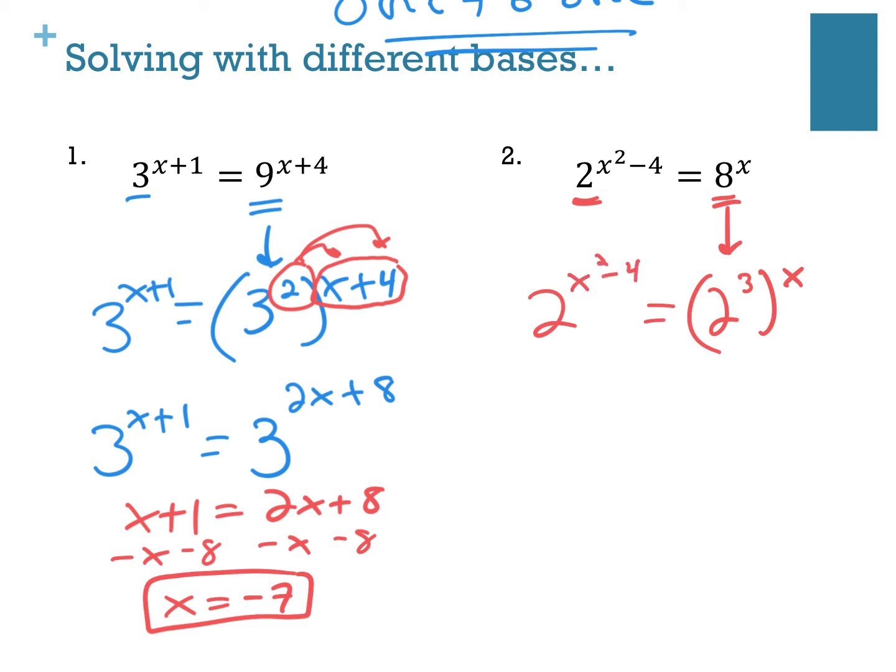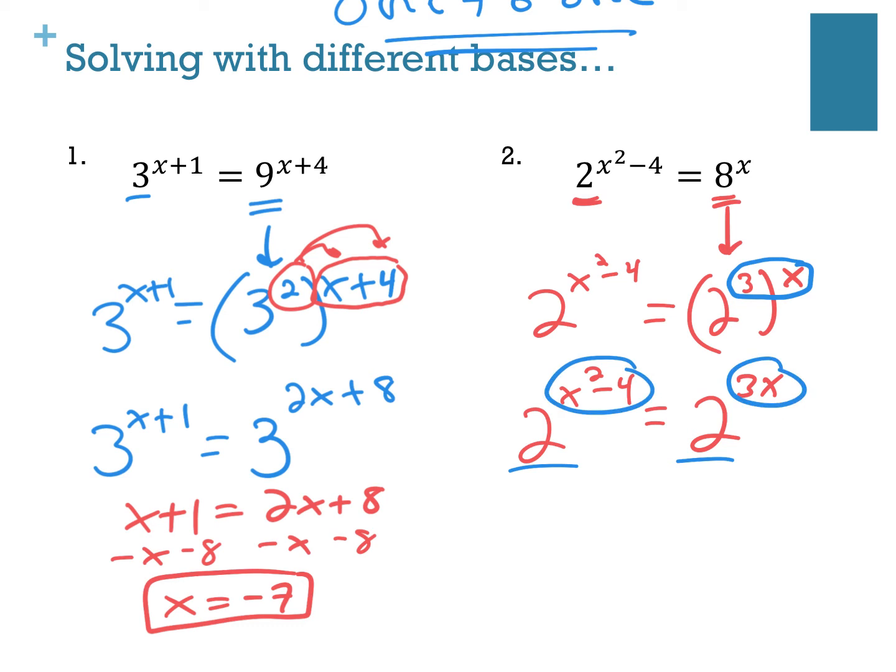Now that I have parentheses, I need to get rid of them by, in this case, multiplying those two exponents. So on the right-hand side, I get 2 to the 3x, but on the left-hand side, I'm still left with the x squared minus 4 as a power. But finally, now that they're the same base, I can set the exponents equal to each other